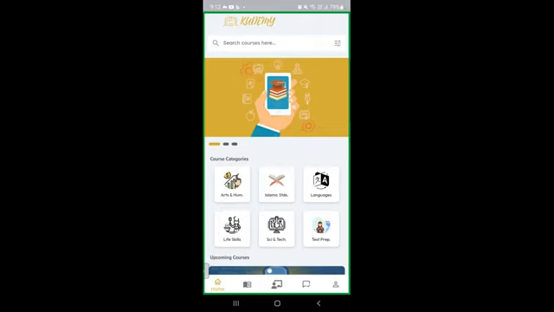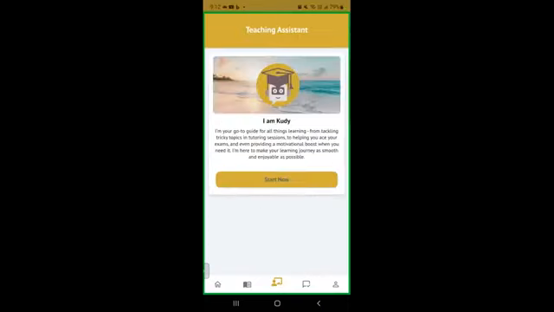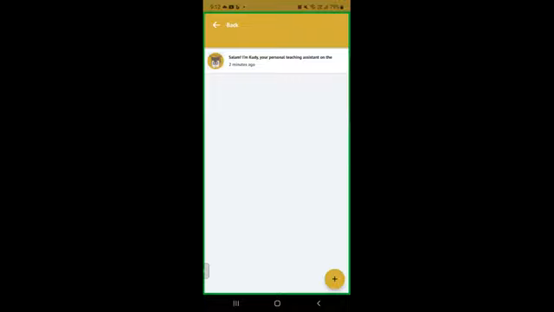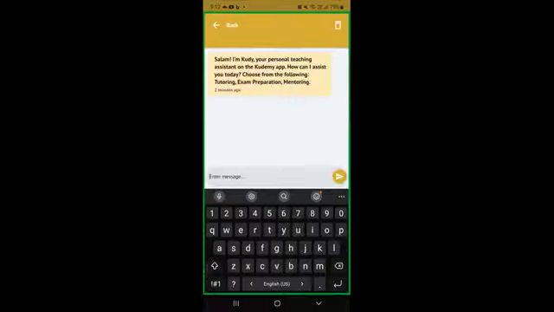Exactly, certainly. Somebody is asking the demo for Kudi is not clear. So what you do is if you open Kudi, it will help you with this. It's a chat bot. So you chat with it. You can ask a question, any question related to what we are doing. I can tell it, okay, I'm Abubakar. I need help to prepare for GRE.